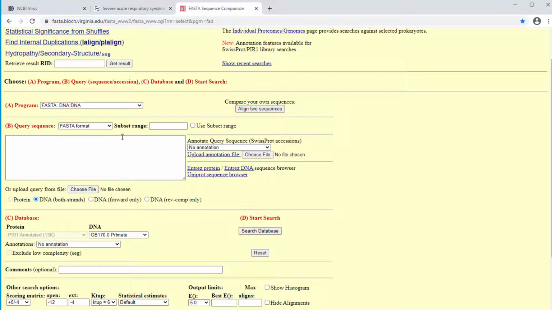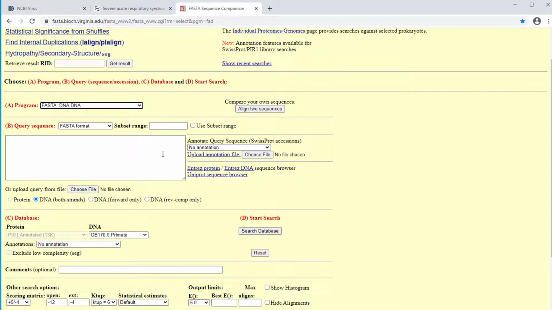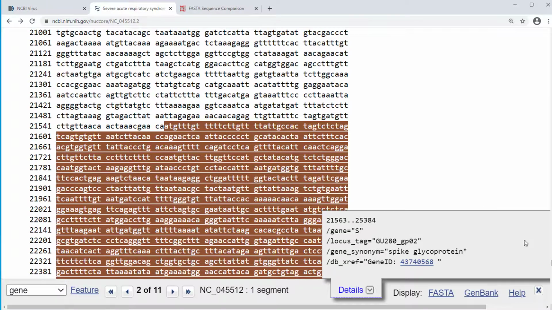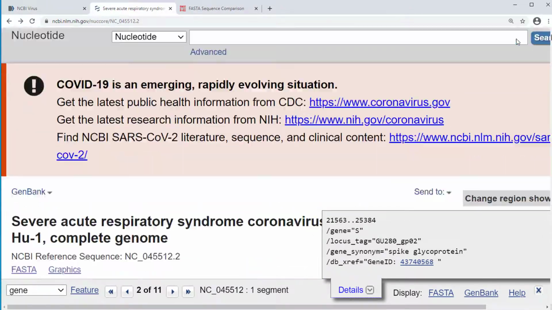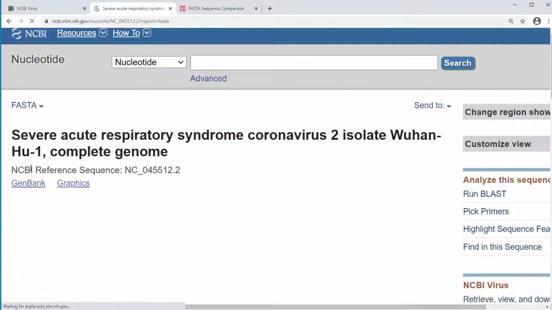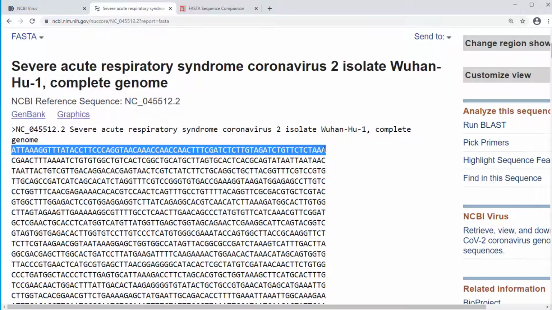So first, we're going DNA to DNA or FASTA. There's a lot of different formats, but it's nice and easy for us. We know we got a FASTA file. What we're going to do here is let's go to the actual FASTA file. We could use this area right here. You could use any area of it. But just to conceptually see, we're going to go ahead and just take the first row of this